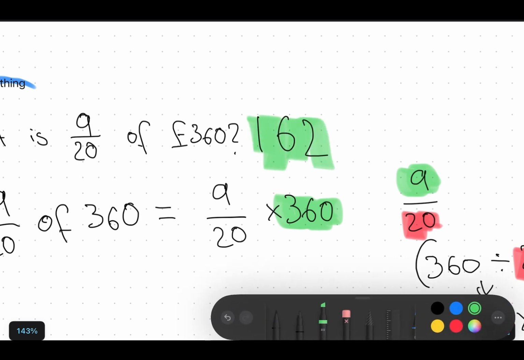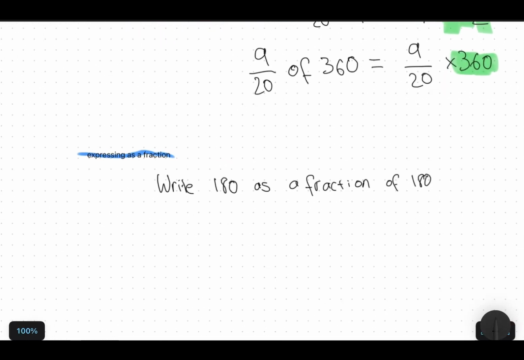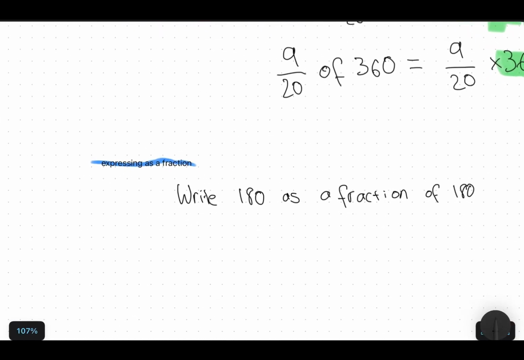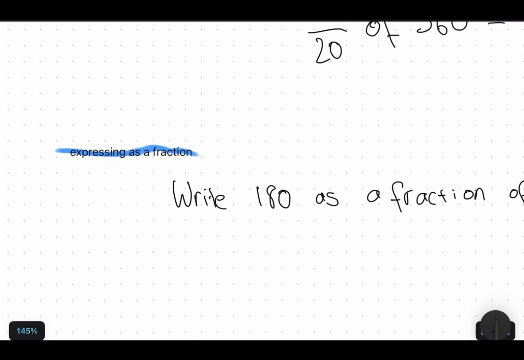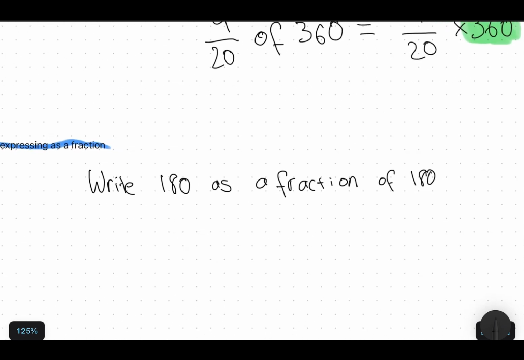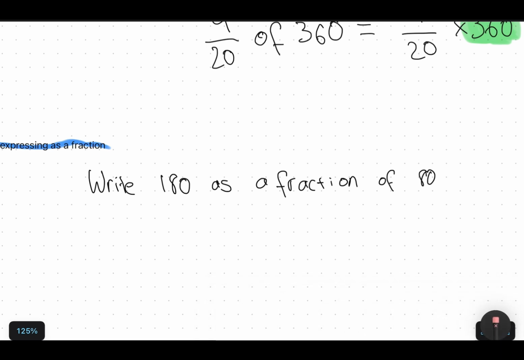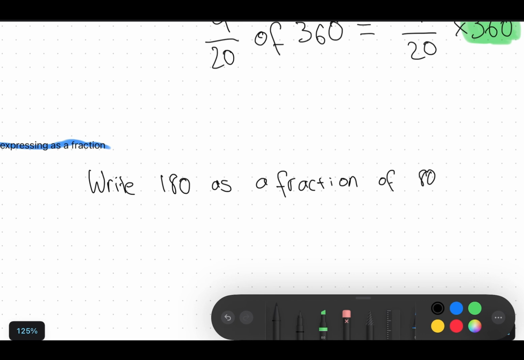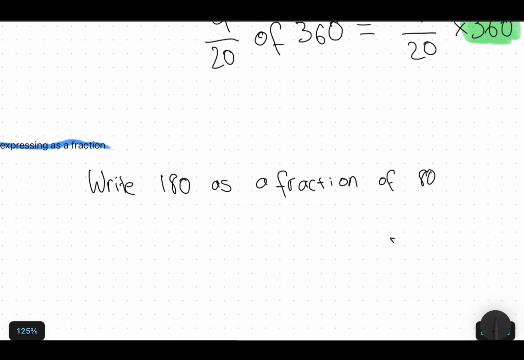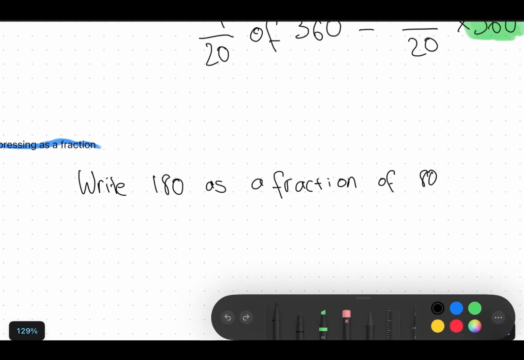Okay. Now let's talk about the final thing. This is going to be our final fraction thing. The final one is how to express your numbers as a fraction of another number. So the question we have been given is write 180 as a fraction of 80. So in order to do this question, we just have to put